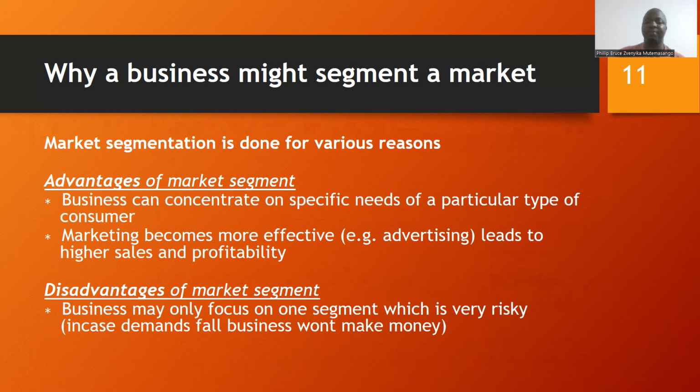Marketing also becomes more effective, for example, advertising. It leads to higher sales profitably. There are some cars like a Ferrari, Lamborghini, and other nice cars that you may never see being advertised on television. Why? Because their customers will not be watching television. So that kind of group of customers know where to buy the product already without it being advertised on television. So you will not advertise the products there because you know that your target market will not be watching television, but rather making more money out there. But however,